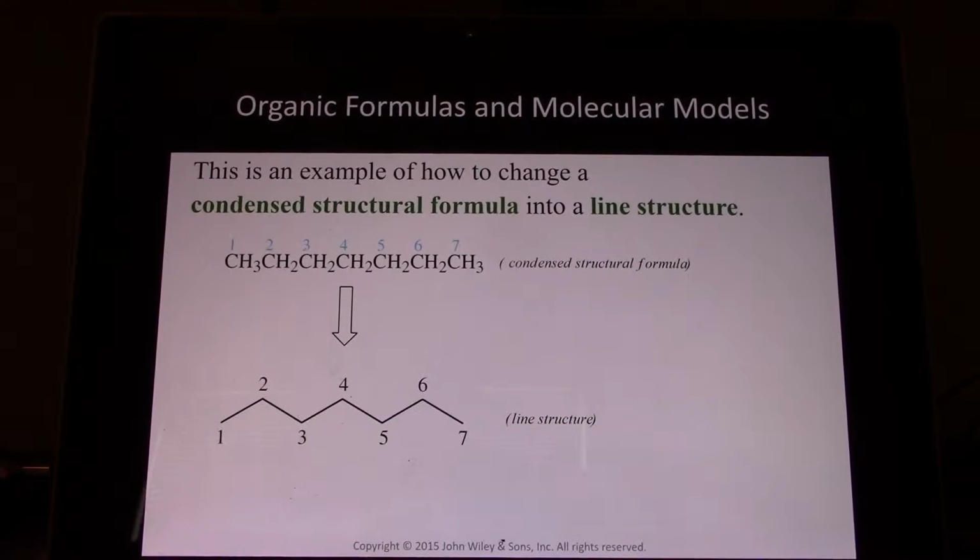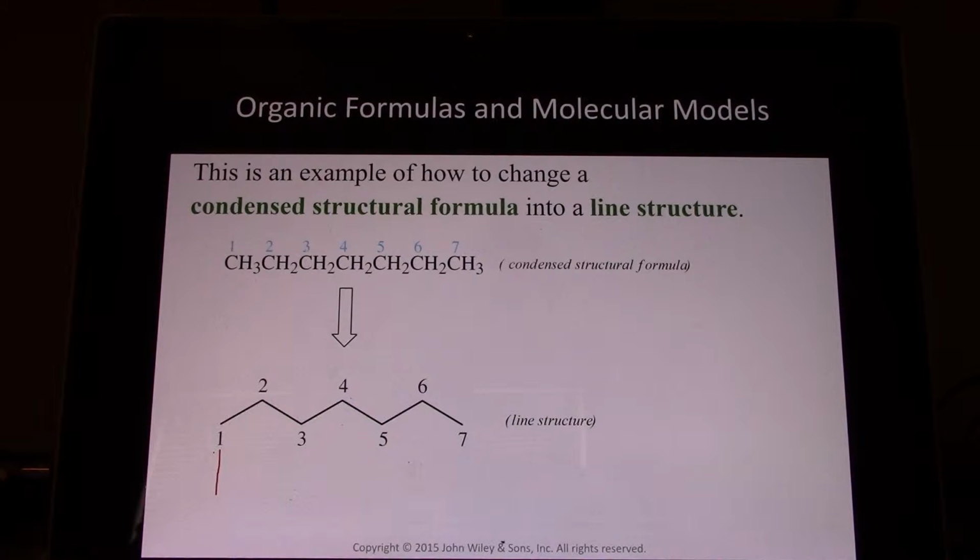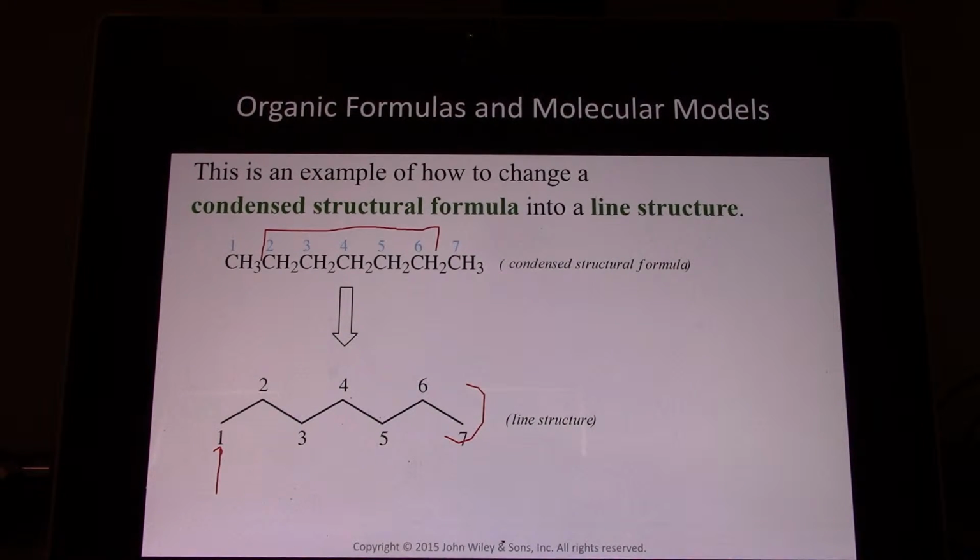Again, CH3 is here at 1. That point is a CH3. And then 2, 3, 4, 5, and 6 are all CH2s. And you end at 7. Again, a CH3. And again, there's 4 things always attached to a carbon. So here, it's just understood that there's 2 hydrogens. And that's true for all of these atoms. And so it's a very fast way to draw organic structures.